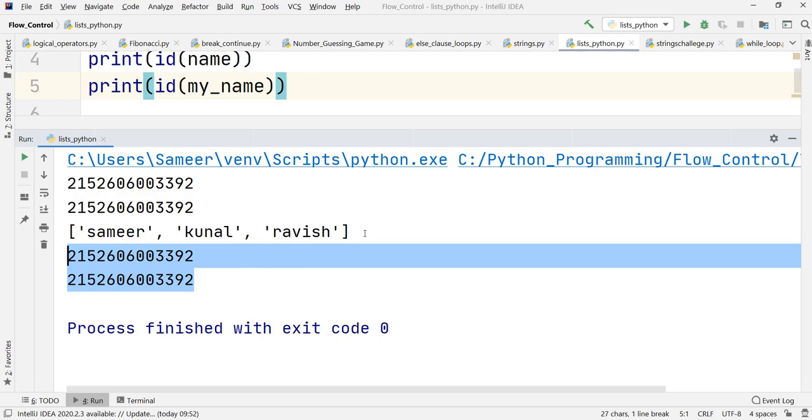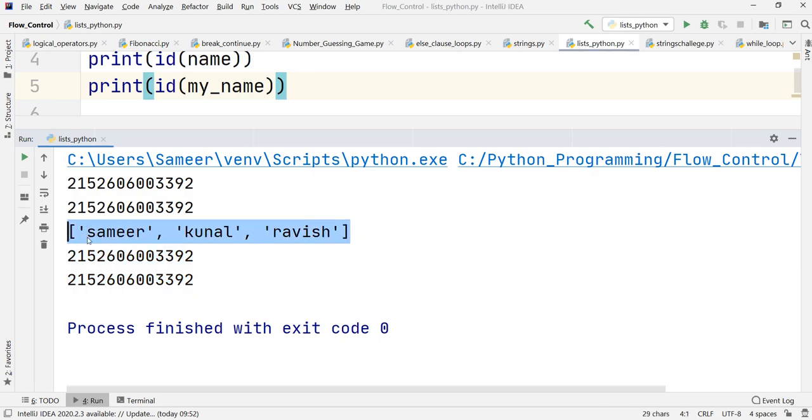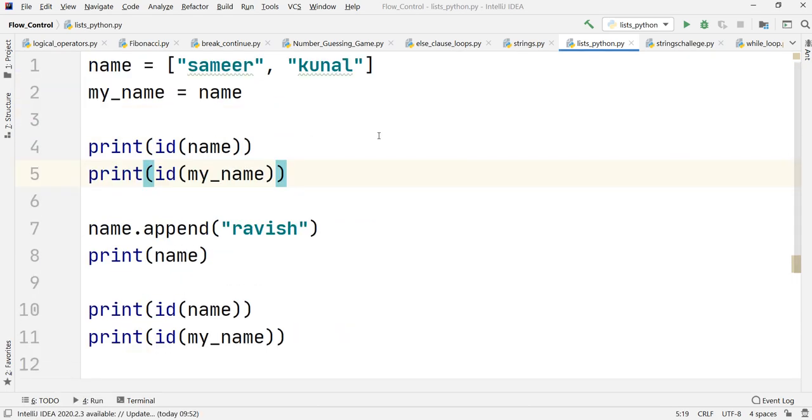And here is the list that is being created after appending. It means that the list which was created at this stage, the same list is being carried over all over the code. The list was only appended over here, but Python has not created any other object, or a different variable for storing the modified list.